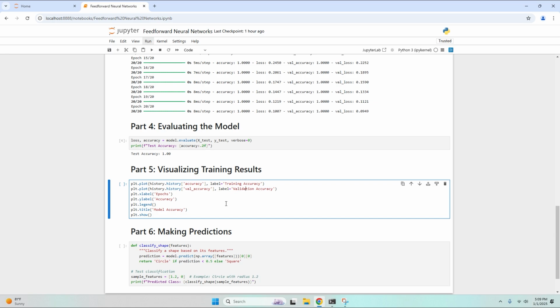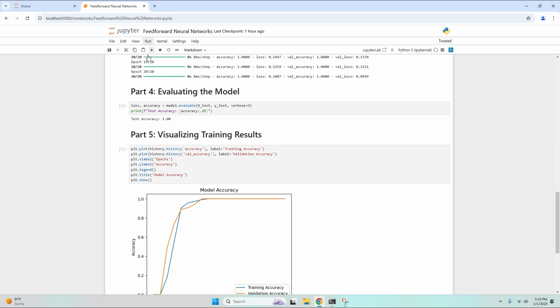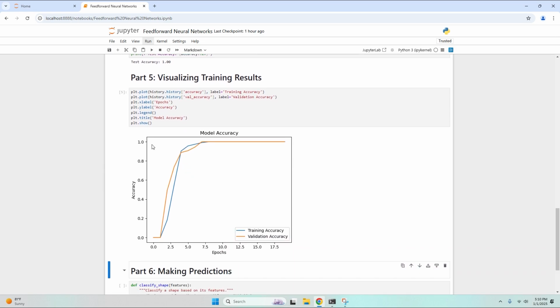The plot helps us to understand if the model is overfitting, underfitting, or learning effectively. So we'll just compile this, and let's see. This is the visualization where we can see how the training accuracy and the validation accuracy are varying